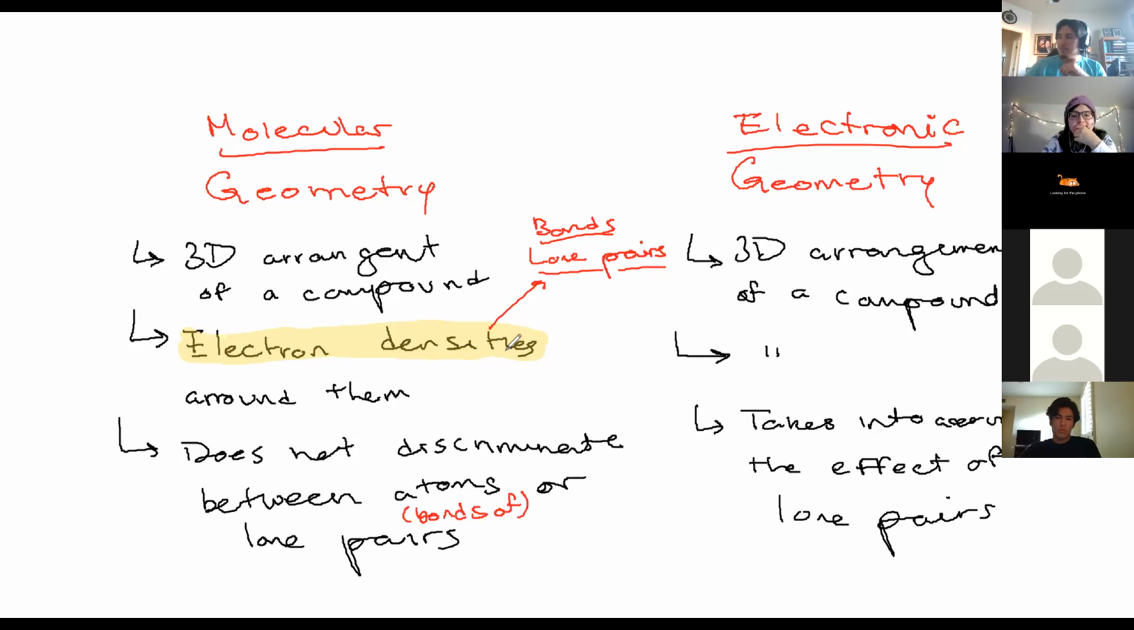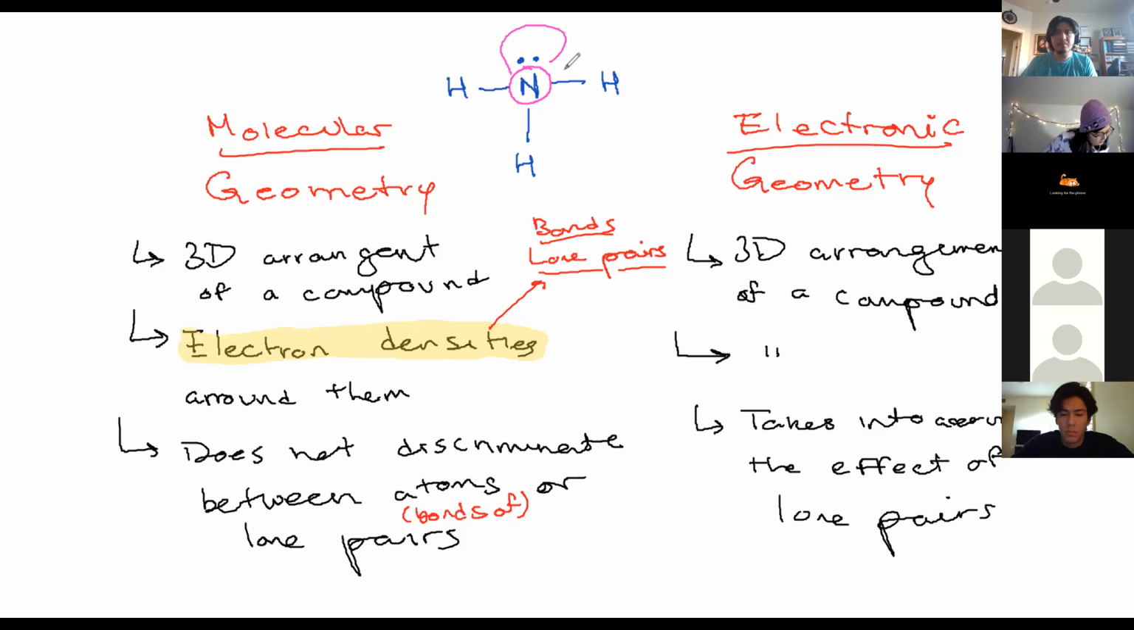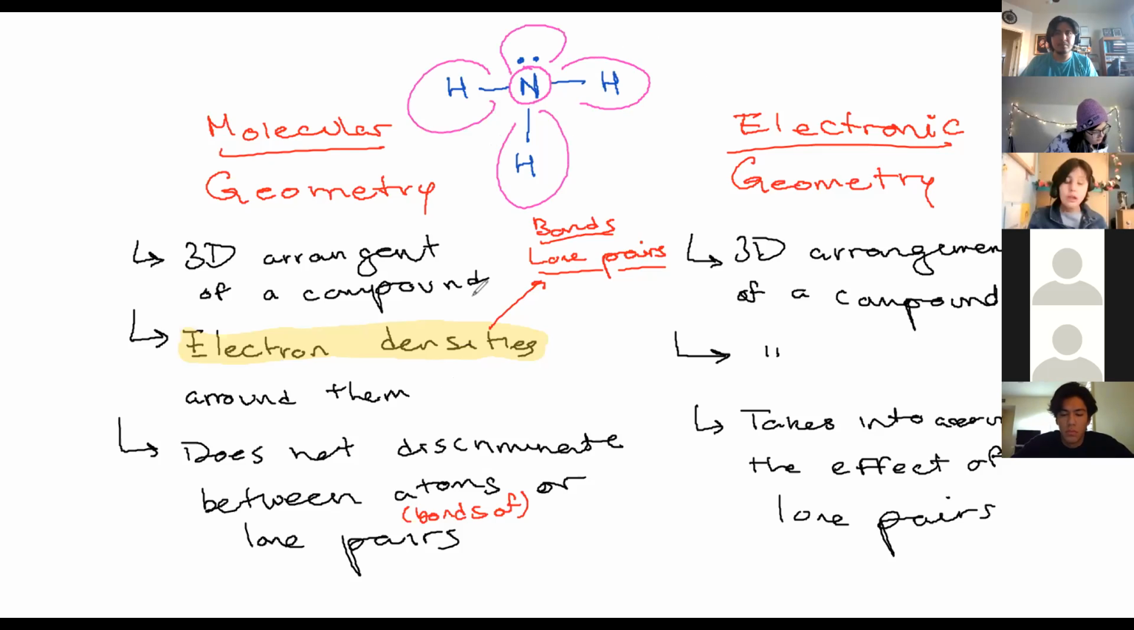Okay, let me actually show you an example. So let's take, for example, ammonia. We already talked a little bit about ammonia. Okay, so how many electron densities does ammonia have around the central atom, which is nitrogen? It can be either bonds or lone pairs. So how many electron densities does ammonia have? 4. 4, right? So you have 1, 2, 3, 4. Okay, so the molecular geometry only takes into account how many electron densities you have around them and what kind of shape